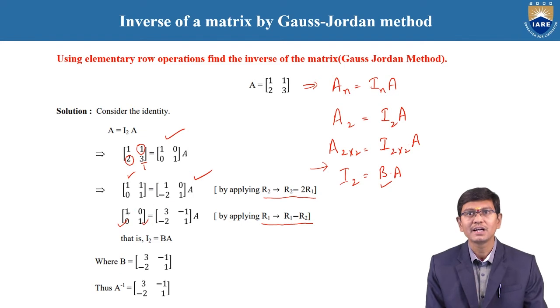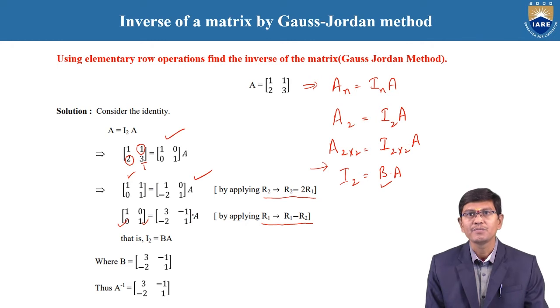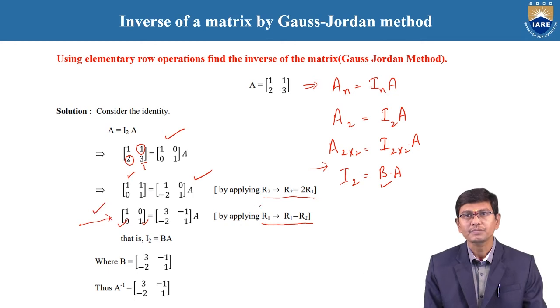The matrix is reduced to 1, 1, 2 on the left, that is 1, 0. The second row is 0, 1 as it is, and on the right side the 1, 0 is changed to 3 minus 1, minus 2, and 1 stays as it is. Why? Because we are not applying any row operations on the second row of A. Therefore, when we observe the LHS, the matrix clearly satisfies I2.